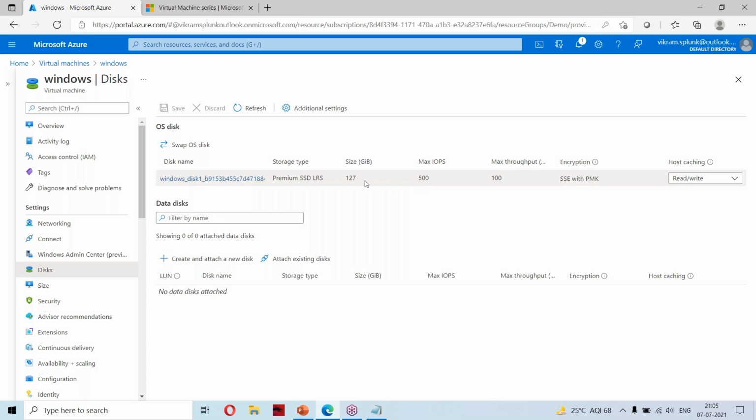For the current VM, I have a 127 GB drive. The C drive has 127 GB, and the storage type is premium SSD. Now if I want to create a new disk, I can click on create and attach a new disk.